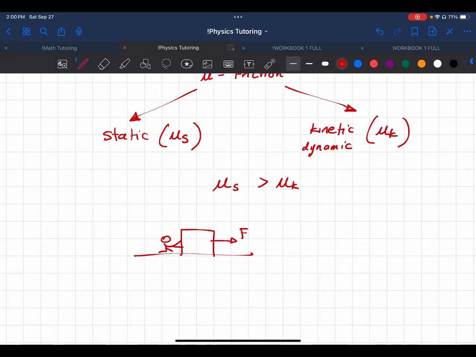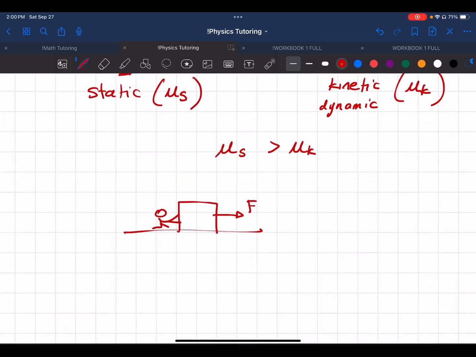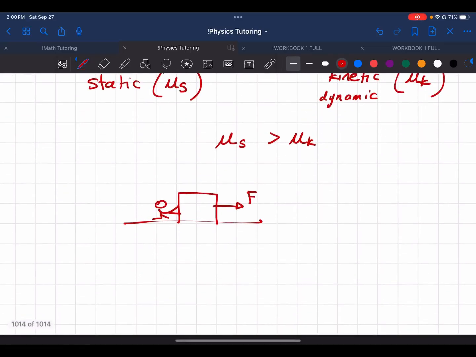You can kind of see this when you're pushing a car, for example. My sister ran out of gas, so one day I had to push it up the hill. Not fun, but anyway. I was pushing the car, and it's harder to push it in the beginning, right? The reason being is